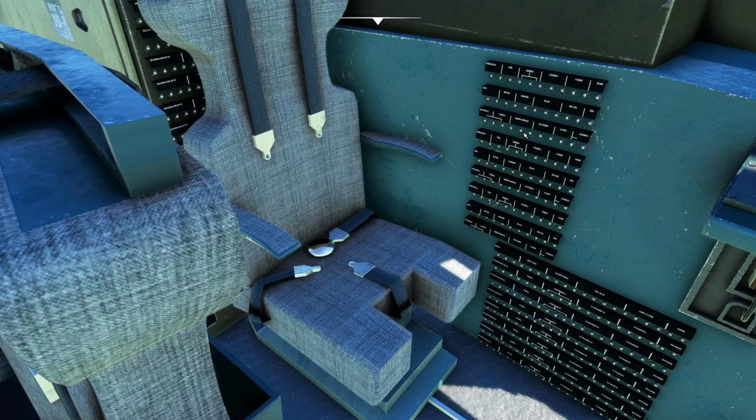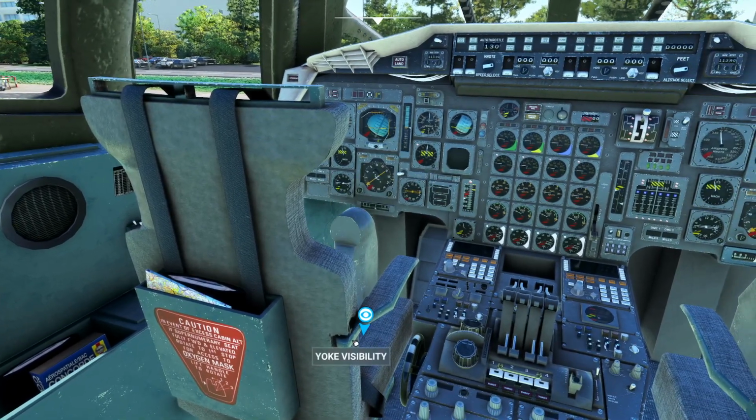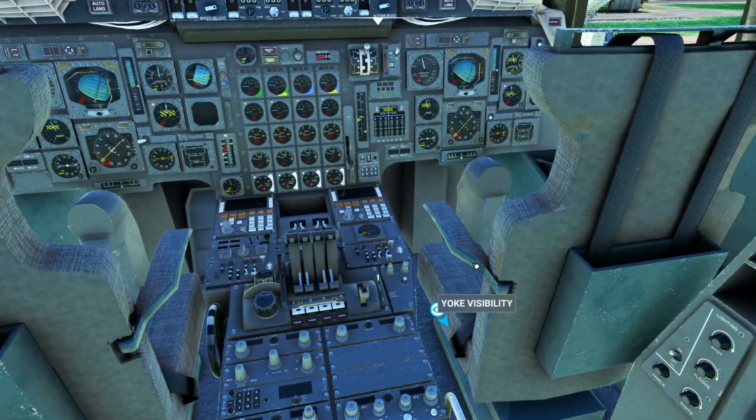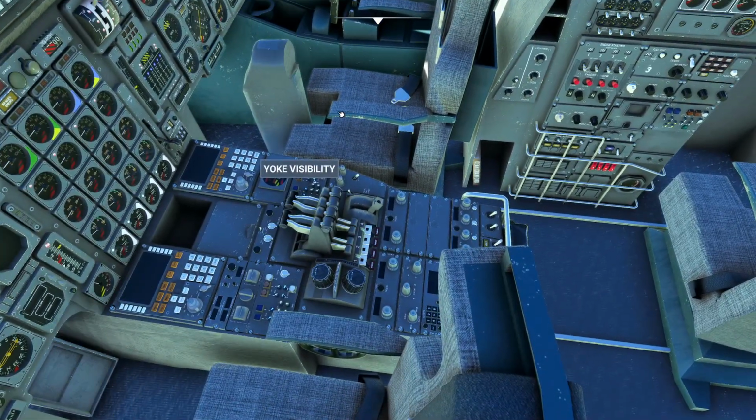I always like it when certain planes have these breaker switches that actually change states. We can interact with the armrests. We can, right? You can always interact with the armrests. Am I just...